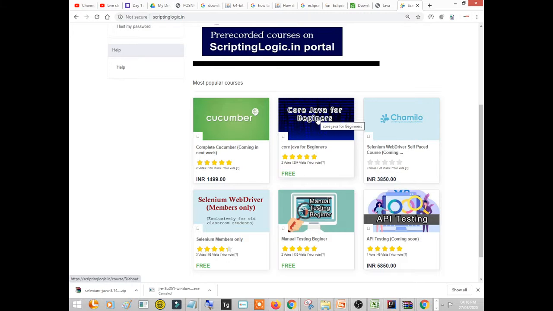Then again, Professor Hanuman Jagtap is asking, what is Selenium RC? Selenium RC is a remote control. Actually, remote control is not in use. We use Grid mostly, right? We used to use remote control a few years back. So now I don't see remote control being used. It is probably used to run the test from another machine.